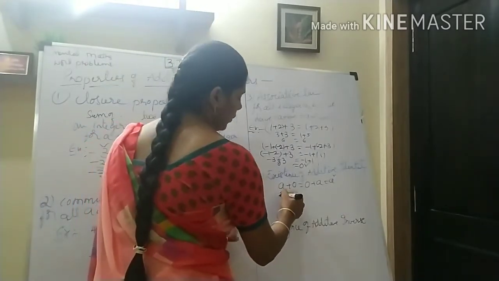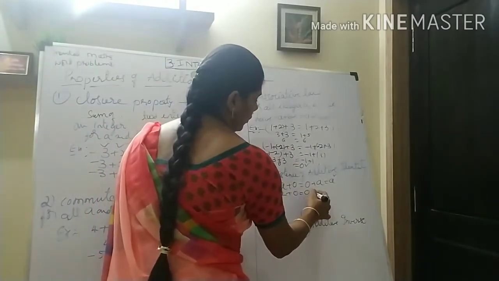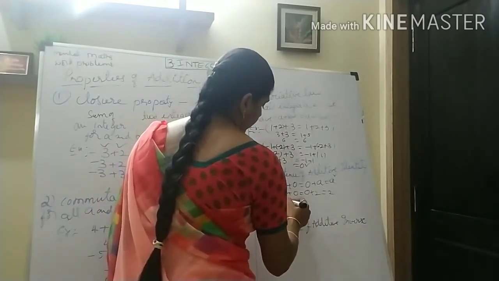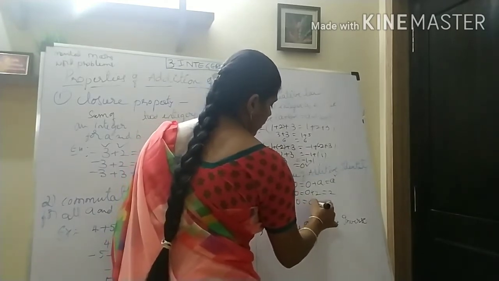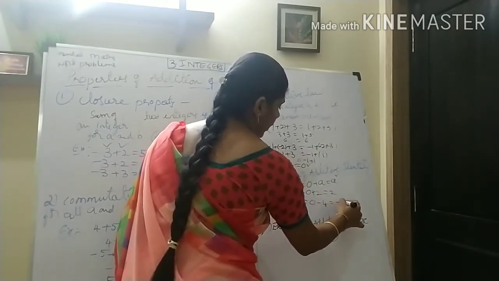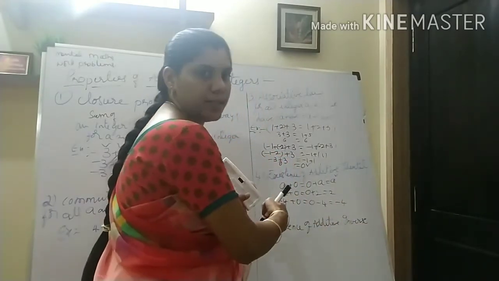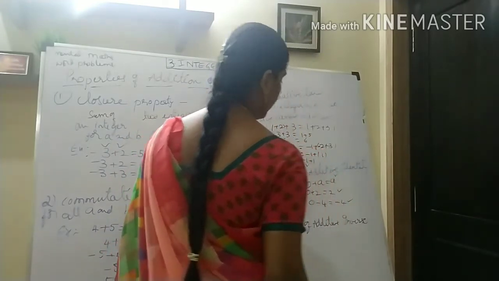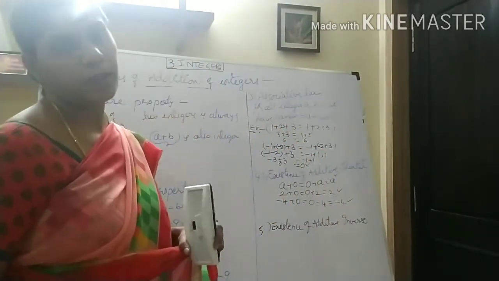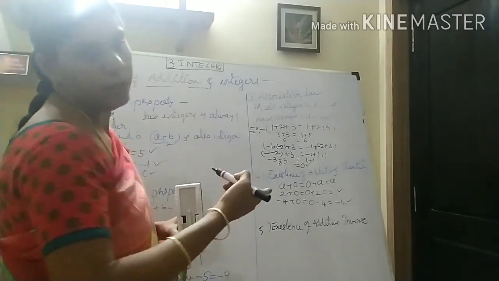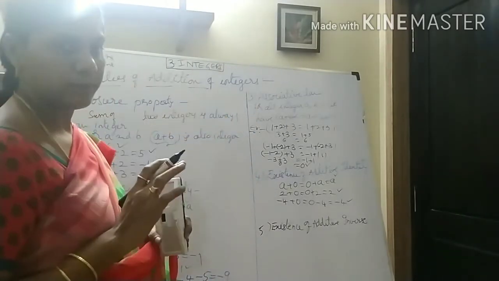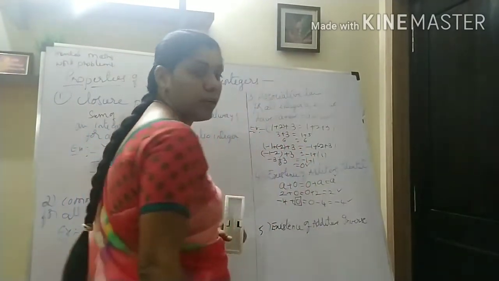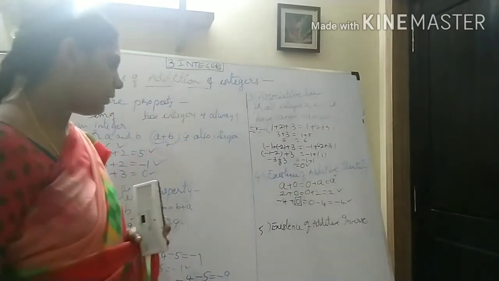So first I am taking a positive number. 2 plus 0 equal to 0 plus 2. That time also you are getting 2. Minus 4 plus 0, 0 minus 4. That time also you are getting the number only, that is with minus sign, minus 4. So in both the cases you are getting an integer only. Either that may be a positive number or a negative number, you are getting an integer only. So from this we can say 0 is our additive identity.